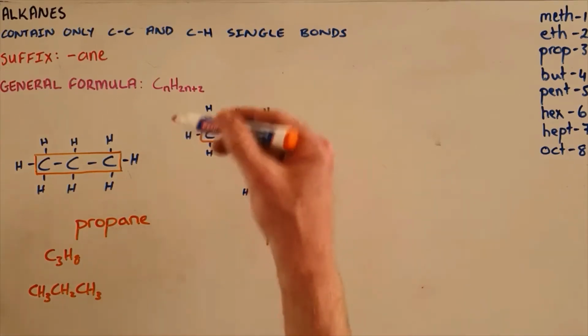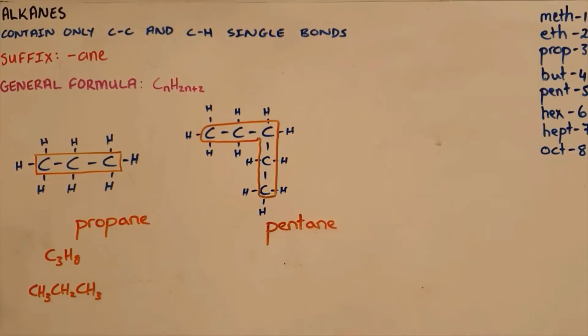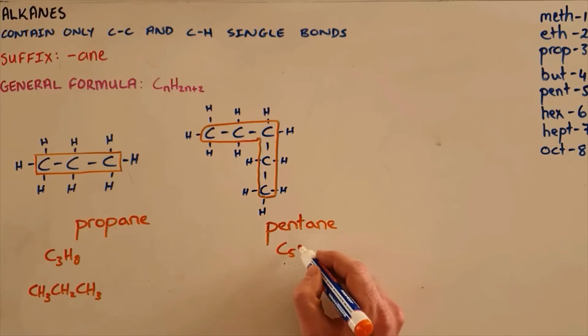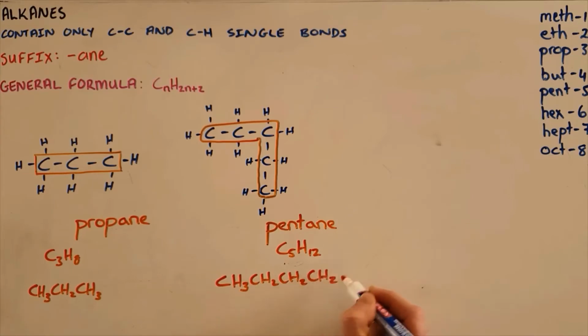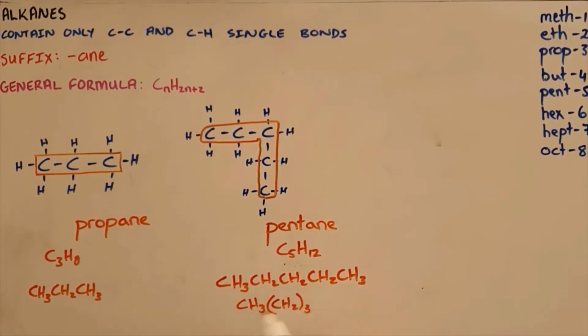We can then see, since there are only carbon-carbon single bonds and carbon-hydrogen bonds, it is an alkane, therefore gets the suffix ane. And we can see that this is made up of 5 carbons and 12 hydrogens, and the condensed structural formula for this would be CH3, CH2, CH2, CH2, CH3. This can sometimes be written as well as CH3 followed by 3 CH2, so by putting it in brackets here we are abbreviating it, and then followed at the